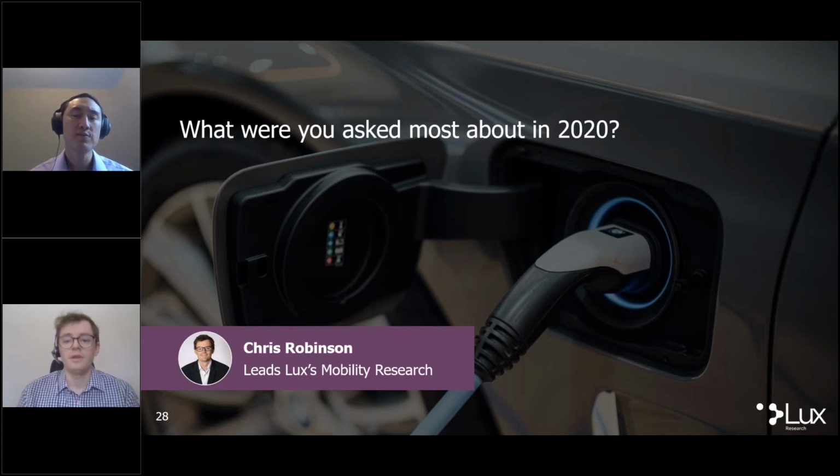Yeah, when we think about the intersection of energy and mobility, it's a lot about powertrains, of course. How do you move things from point A to point B? We've always gotten a lot of questions on that, but especially with the challenges that automakers had in 2020 with the drop in demand and some production issues, clients were really interested in what this means for the future of electric vehicles and the future of fuel cell vehicles.